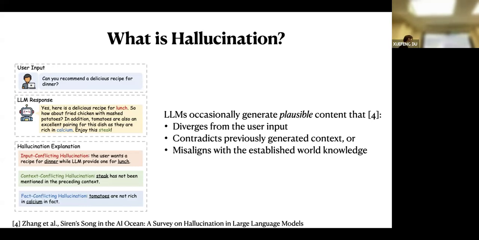Here you can see a very interesting example. The language model is trying to say that tomatoes are rich in calcium, but they're actually not. These kinds of generations are called hallucinations.